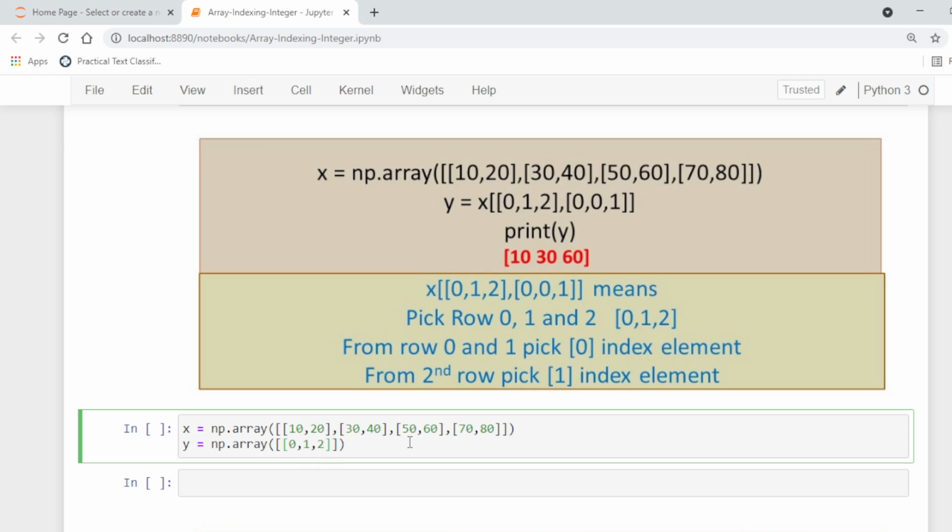We are going to pick rows 0, 1 and 2, and to pick columns 0, 0 and 1.